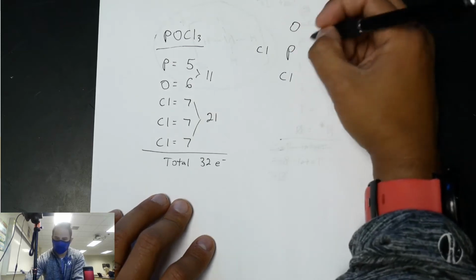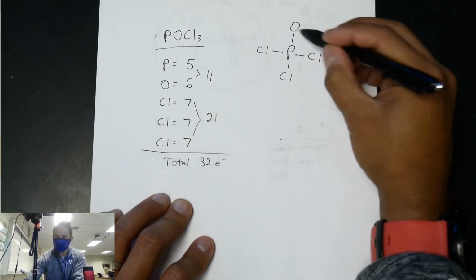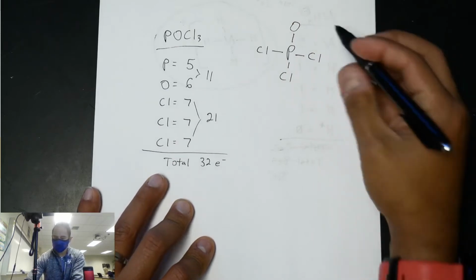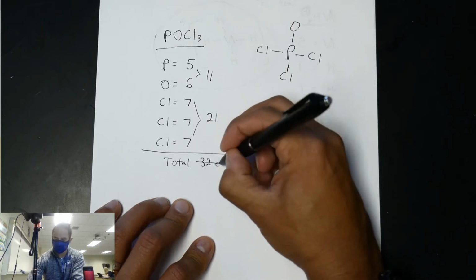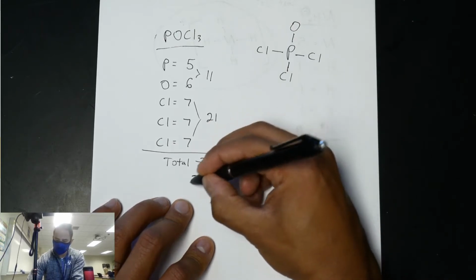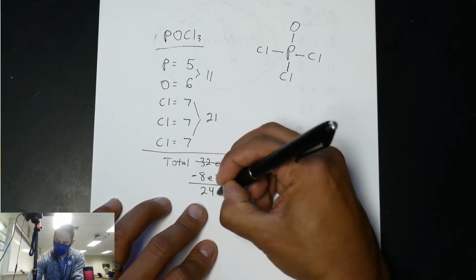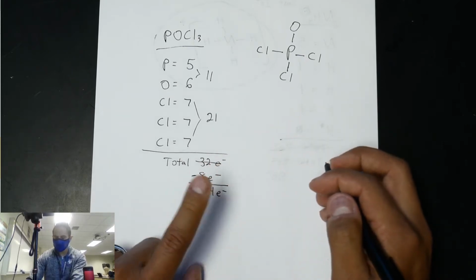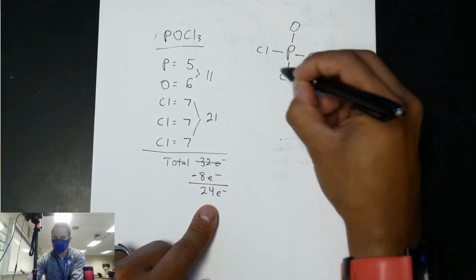And then we will connect everything up with single bonds. So single bond, single bond, single bond, single bond. Okay, so we're going to have this so far. We've used 2, 4, 6, 8 electrons to draw these single bonds. So of our 32, we're going to minus 8. And so we now have, make sure we do our math right, 24 electrons left. So now these 24 electrons need to be distributed as lone pairs, and we're usually going to